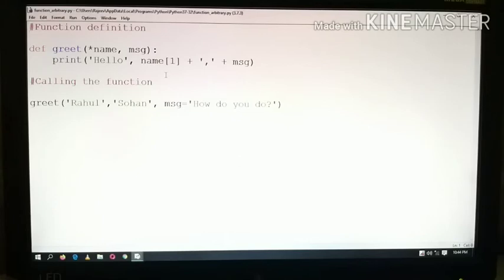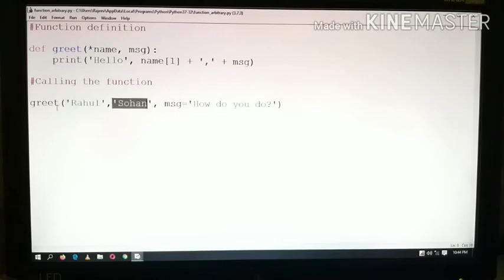In this function definition, we use an asterisk sign before the parameter. If you provide an asterisk sign here, it means you can provide any number of values for this name. Here you can see in this function call you are providing Rahul and Sohan.